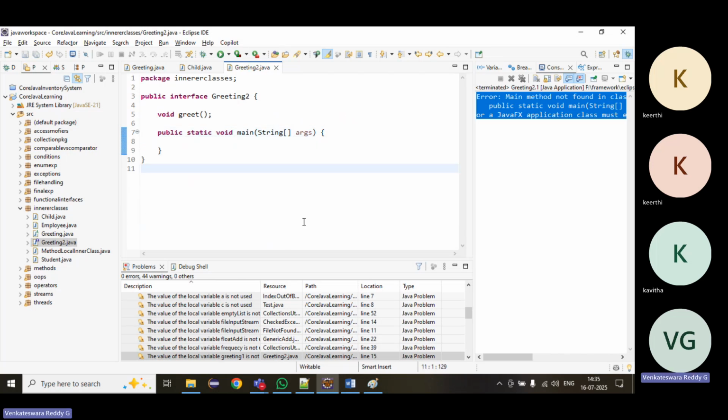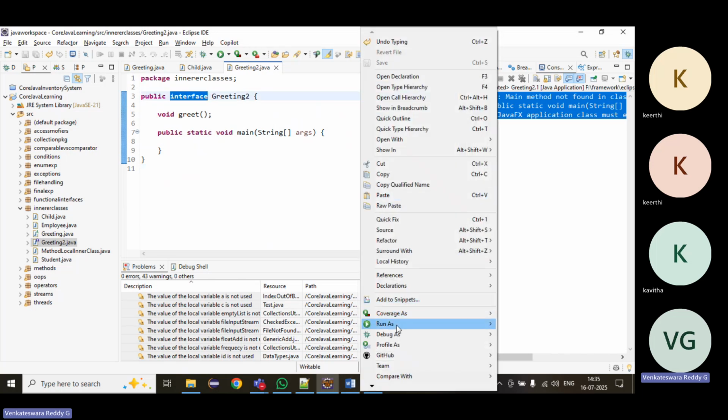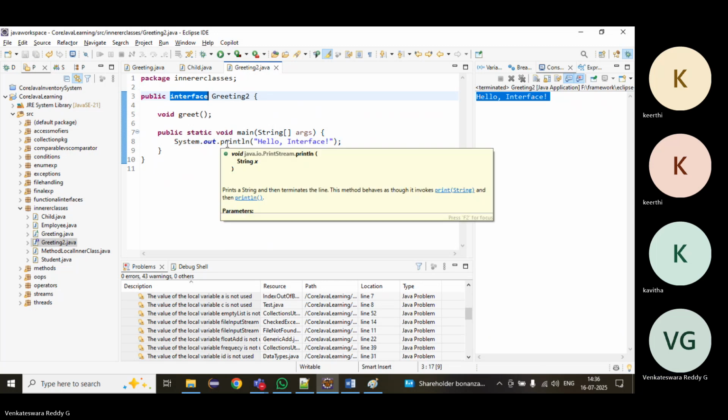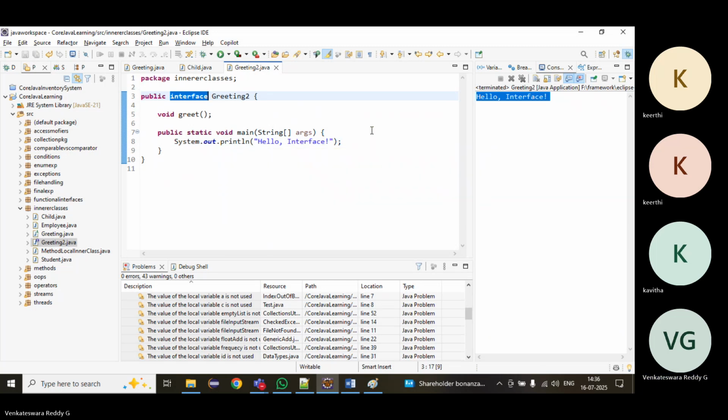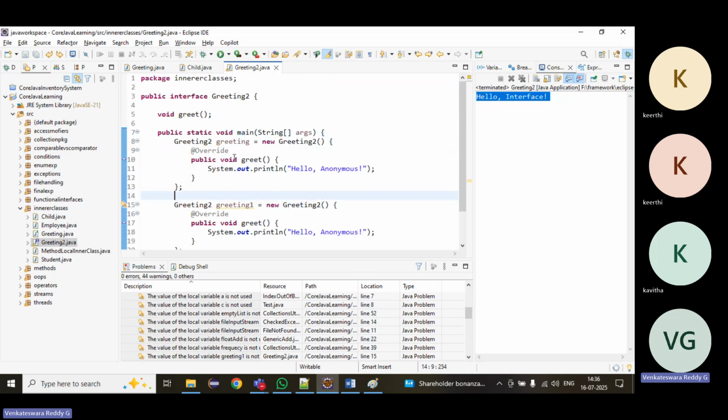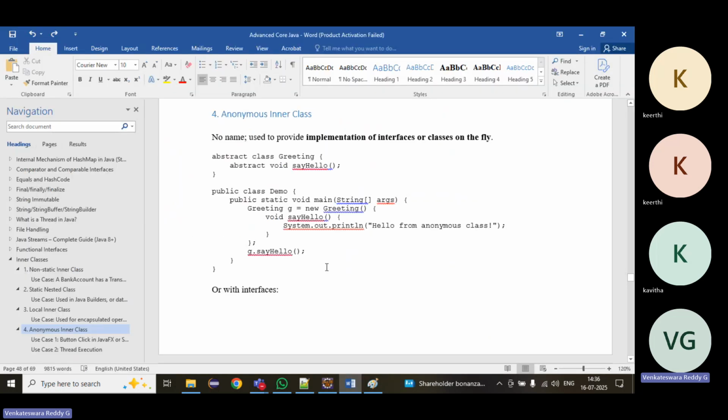Can we, right? It is allowing a main method inside an interface, we can create it. It's working. Maybe so far we have not done this, but it will allow a main method inside an interface. We are able to execute it. Fine. Just let me revert it. Okay. Anonymous inner class. We have four types of